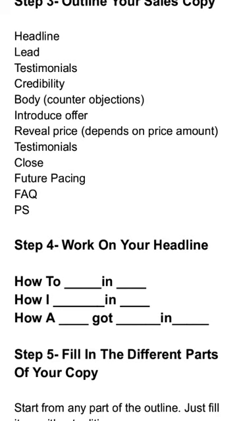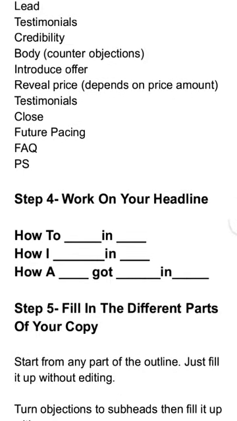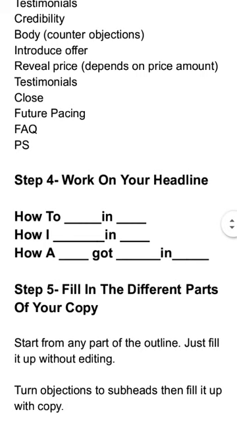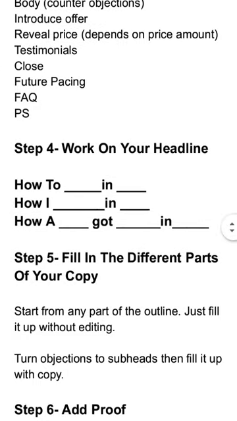Then the close is where you tell people, click here to buy. You have made all your points. You're now telling them and encouraging them, click here, buy, order now. Click here, buy, order now, okay? After that, you have something called future pacing. Future pacing simply means you telling your buyer how their life will be after they use your product. Imagine what happens when you finally use this product and you begin to get the results. This is what's going to happen to you. You'll be able to do this, you'll be able to do that. Okay? That is what we call future pacing.